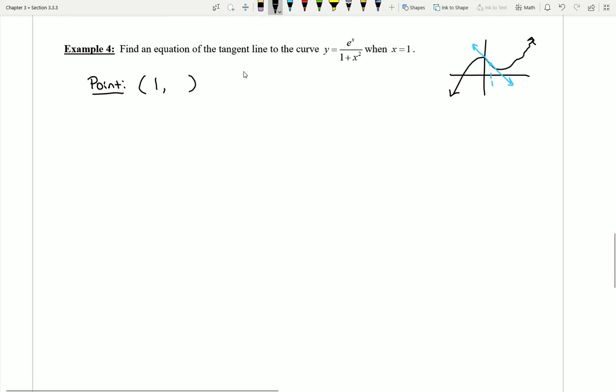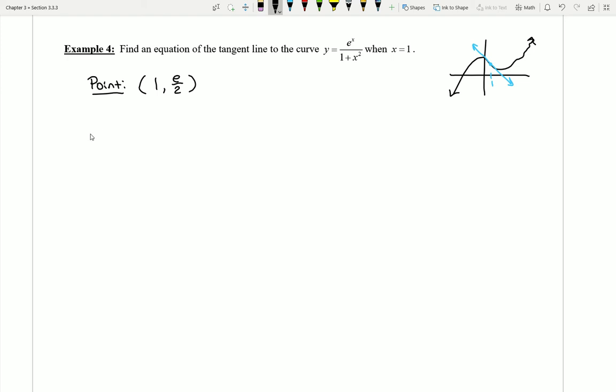It's super easy. If I want to find the y, why not use the formula that says if you give me an x, I'll spit back the matching y. So notice if I plug in the value of 1 here, I'm going to get an ugly y. I'm going to get e divided by 2. Now keep in mind, this is an exact value. It's not rounded, so I want to use that exact value. Okay, now to find the slope,